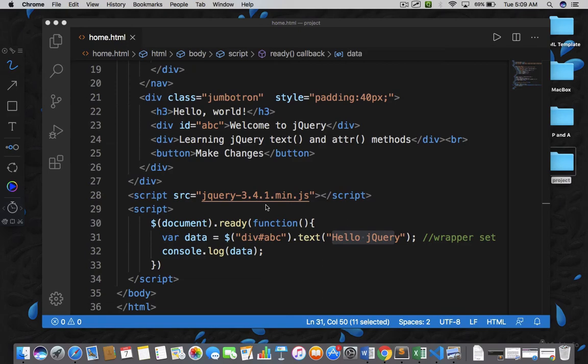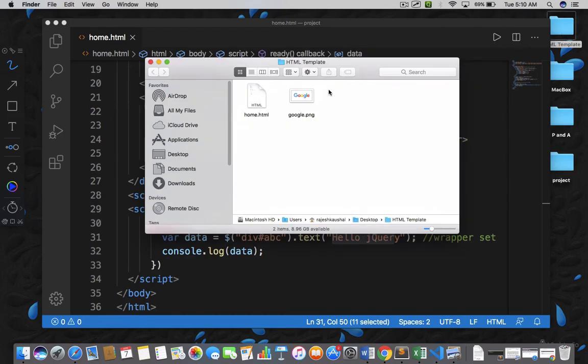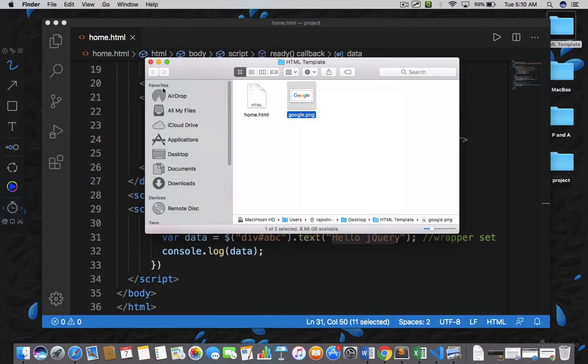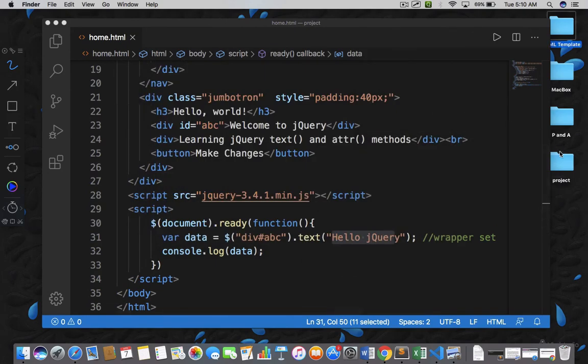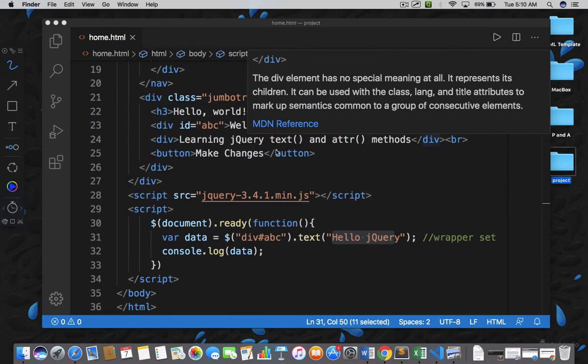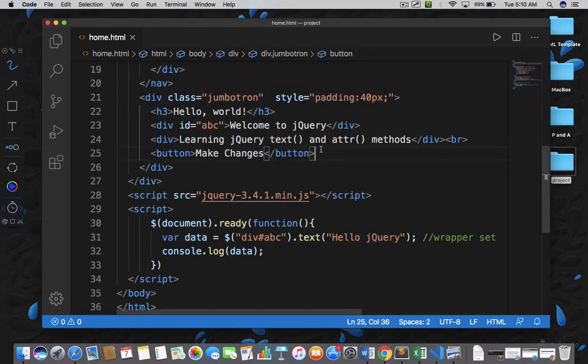And to understand attribute function, I am going to take another example. So I have a Google image here. Let's copy this image and then I'm going to store this image into my project folder. So here I'm pasting it, and then we are going to write a